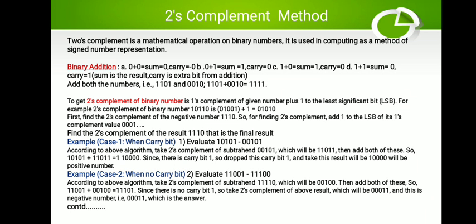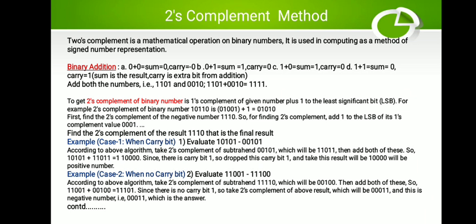Now there is one next example shown where you are subtracting the smaller number minus the greater number. So what happens in this case? Generally the output is going to be a negative number. Whenever there is a negative number, generally there is no carry bit generated, or the carry bit is always 0. So in this case, again, first our procedure or solution is to find the 2's complement of the second number.